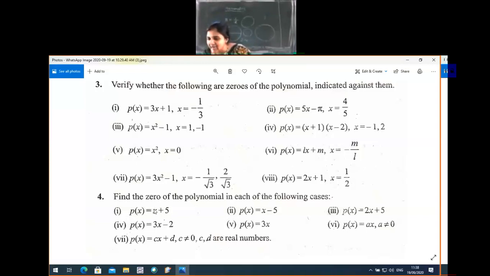Whatever you put here that makes it 0, that is minus 5. But there is one particular method. Using that method only you find the answer, because for complicated equations you cannot tell the answer by trial and error method. So we have to go with the method. Find the 0 of the polynomial. So this is about the zeros of the polynomial.